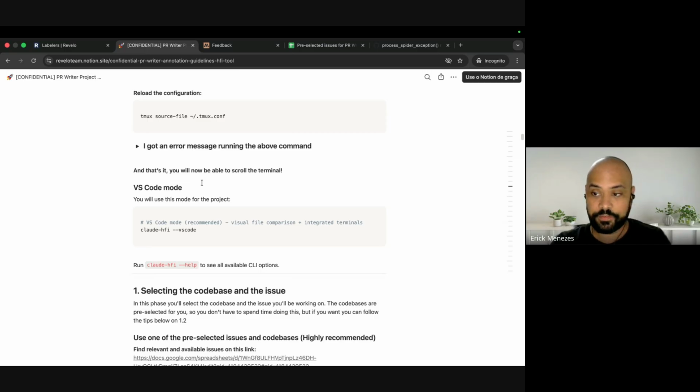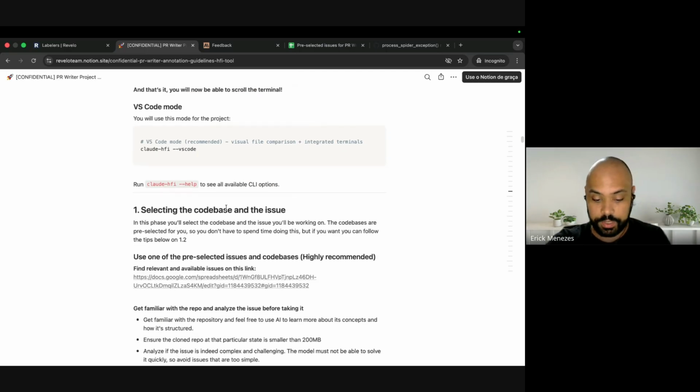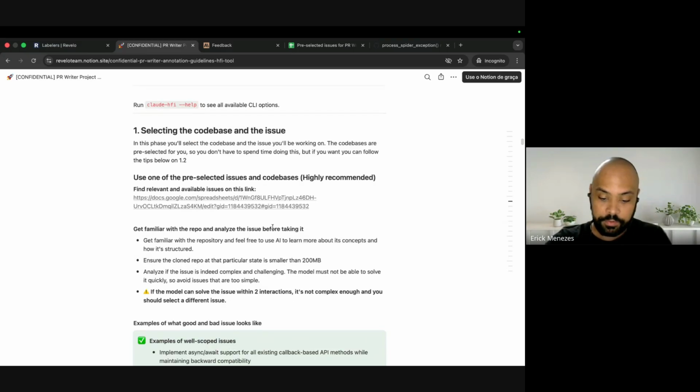So the first step that you have to do is to select your code base. Because remember, what's the PR project about? Guide the models to fix real world issues through a production ready PR. So we prepared for you a couple of pre-selected issues and code bases that are available on this link.